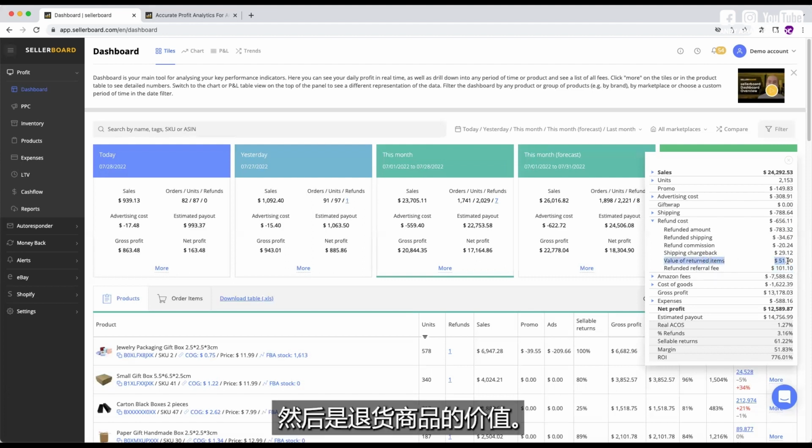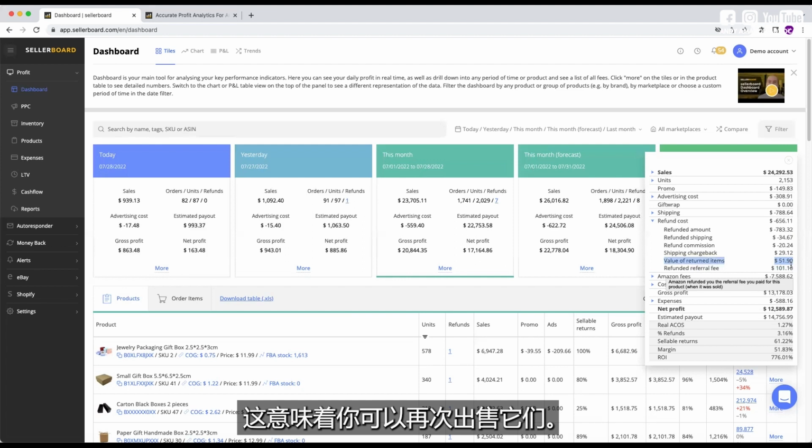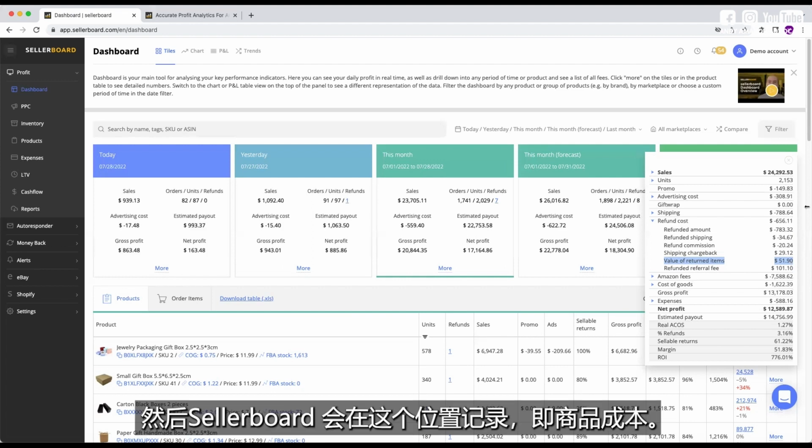And then there's value of returned items. So some items are returned in sellable condition. That means you can sell them again. Some are damaged. This means you probably won't be able to sell them. And when we make a sale, we account for the cost of goods, of course, right? So you sell one item. If your cost of goods is, let's say, $3 for this item, then Sellerboard will account for this in this position, cost of goods,